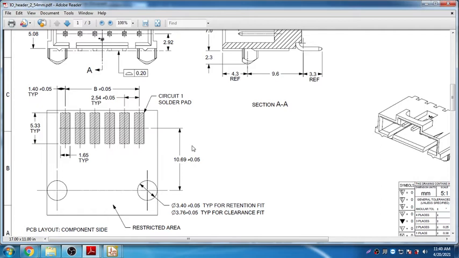So what I need to worry is this length, that is 5.33 is the height of the pad and 1.65 is the width of the pad. The width of the pad is 1.64 mm, height of the pad is 5.33 mm. The difference between these is 2.54 mm. It is clearly mentioned here, 2.54 mm.